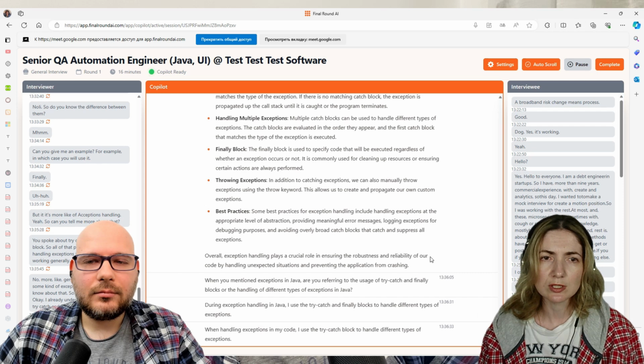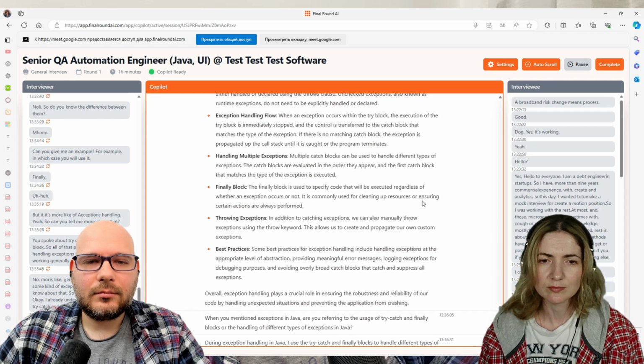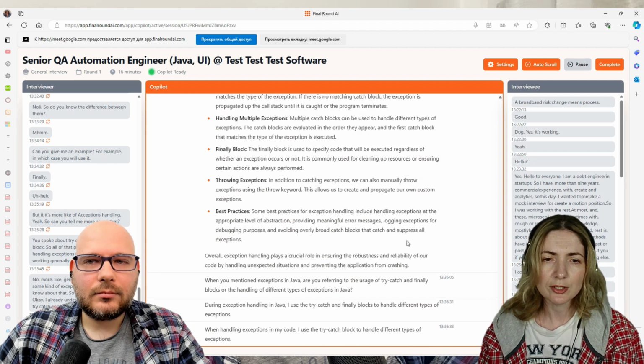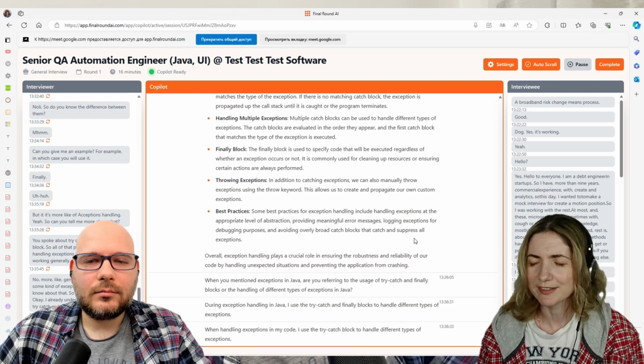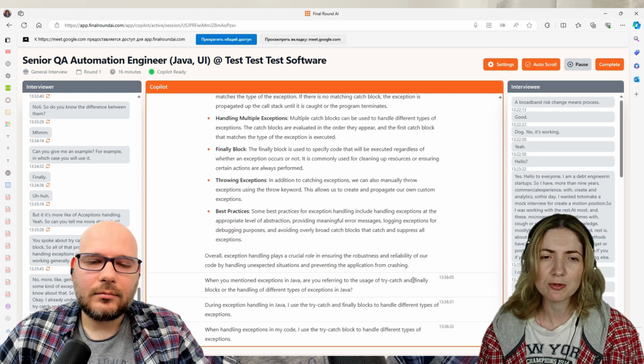So when you use try catch constructions, you use handled exceptions, exceptions that you can check.